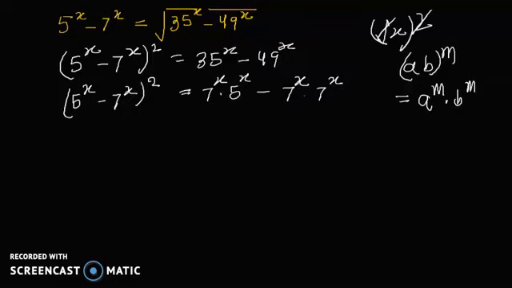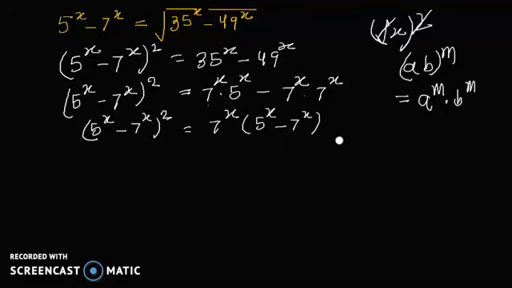In the next step I can take 7 raised to power x common. I am left with 5 raised to power x minus 7 raised to power x, and here we already have 5 raised to power x minus 7 raised to power x whole square,